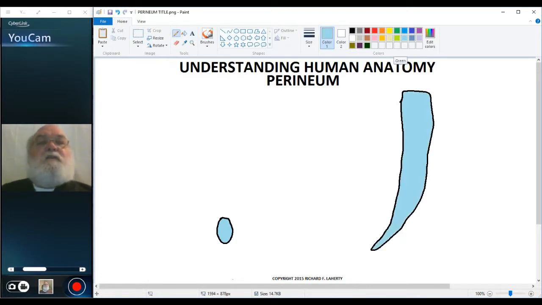Next, I want to draw in the urinary bladder and urethra. So we'll start with the urinary bladder, and the urethra for the female. There. And